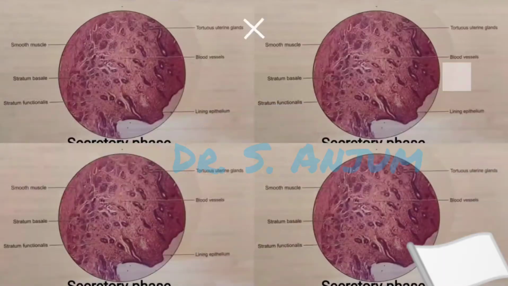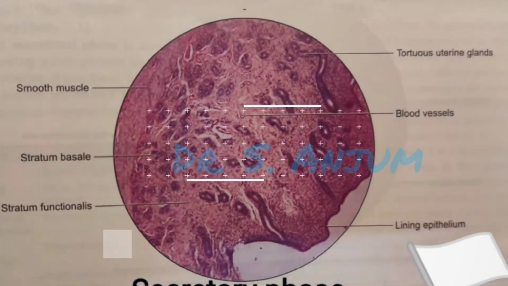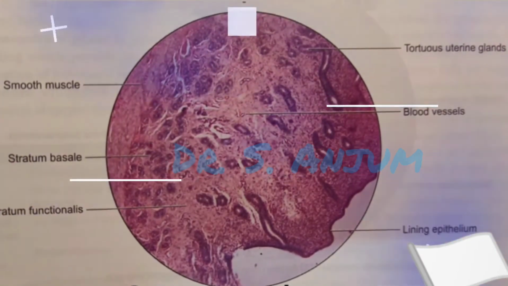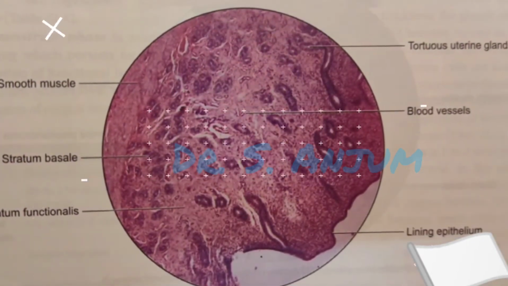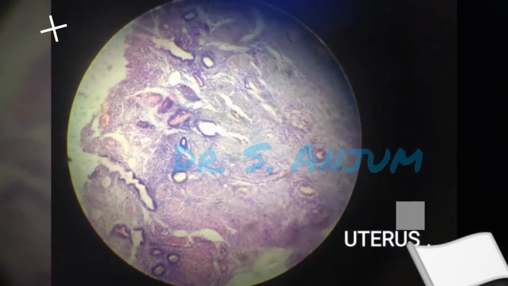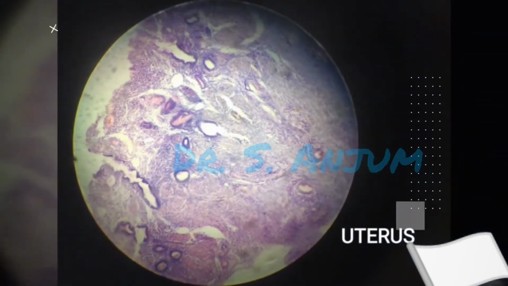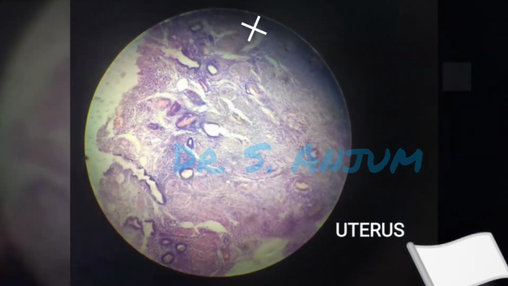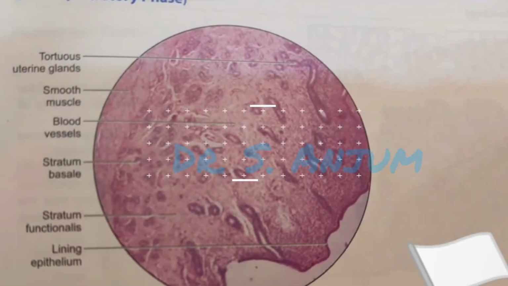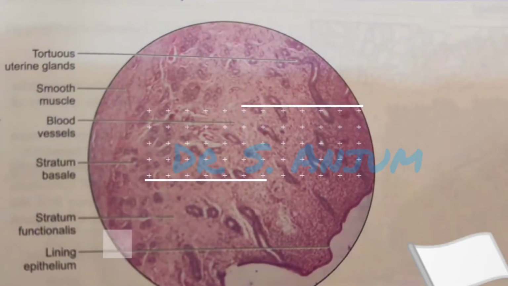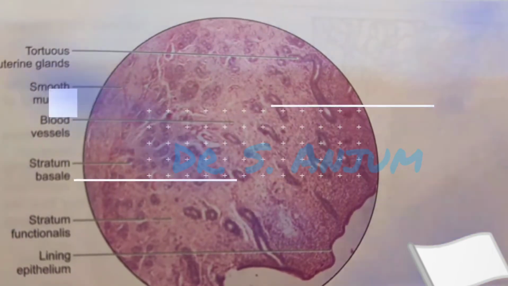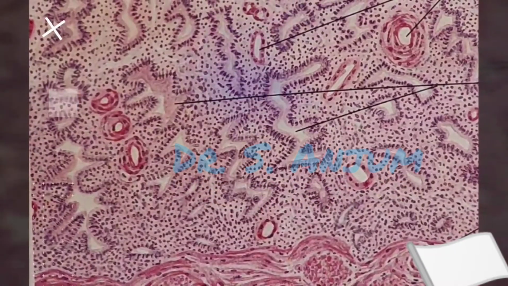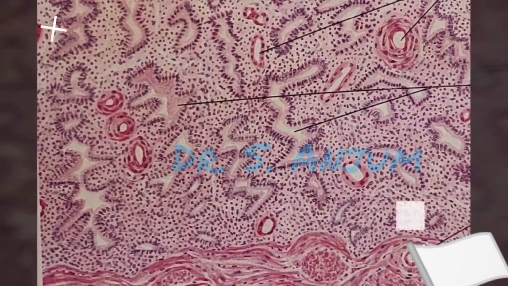The mucous membrane of the uterus is called endometrium. The endometrium consists of lining epithelium and lamina propria, which is also called the stroma. Numerous uterine glands are present in the stroma, which is the identifying point. The lining epithelium is of columnar type. The lamina propria contains embryonic stromal cells, numerous blood vessels, lymphatics, nerves, and the tubular uterine glands. The uterine glands are lined by simple columnar epithelium.